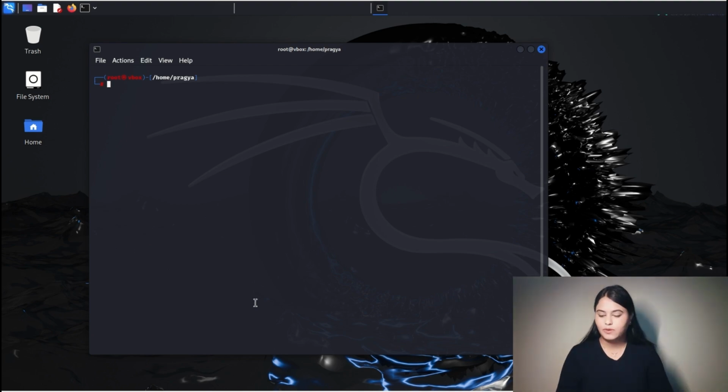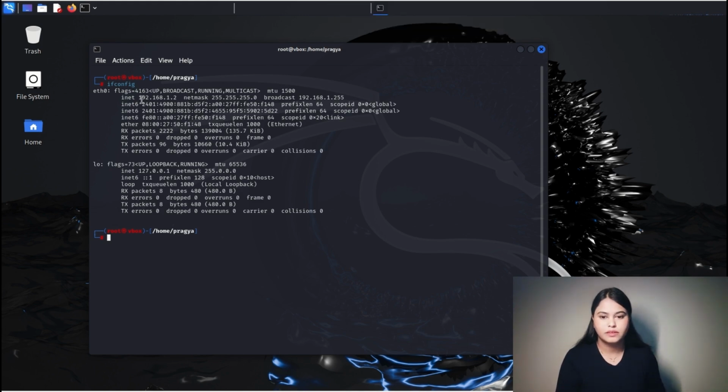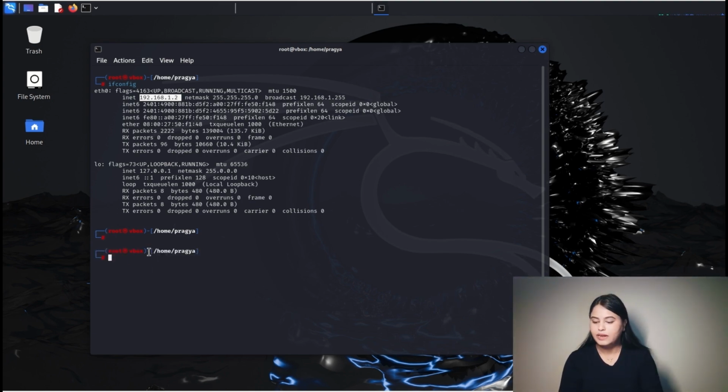So now we are creating our own backdoor.exe. For that, first let's understand what the IP address of my Kali Linux is. I'm giving ifconfig and we see this one is my IP. Next is to understand what are the different options available to us for creating these kinds of payloads. So I'll be typing the command msfvenom --payload windows. Now I'm giving the platform, that is Windows.